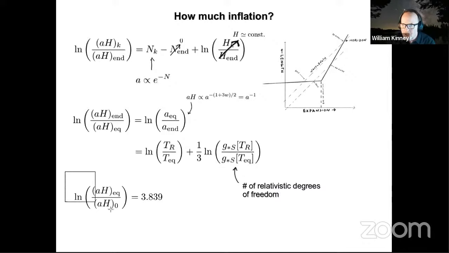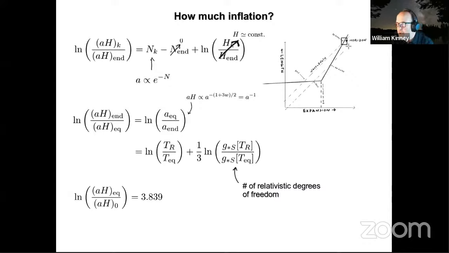And finally, the third term in that expression, which is the ratio of horizon sizes between matter radiation equality and today, you can calculate in an LCDM cosmology, and this is a nice exercise for students as well in basic thermodynamics of cosmology. It turns out that ratio is about 3.8. All right. So we have all the terms that we need in order to calculate the number of e-folds of inflation that are necessary in order to solve the horizon problem.